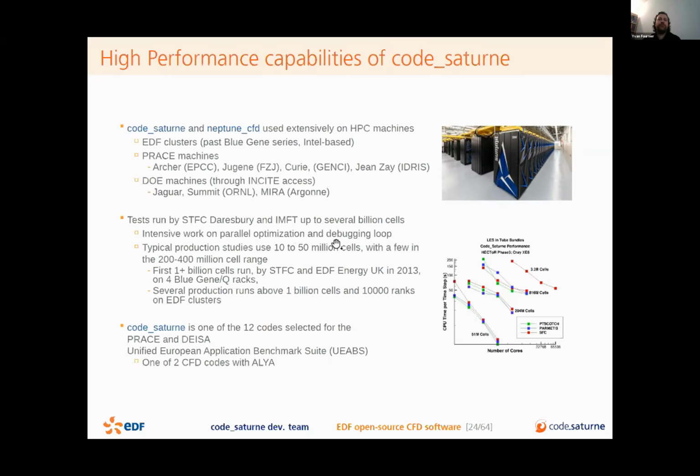But a lot of work with STFC over the last several years to go to the high, large meshing sizes. A lot of work mainly on the checking and debugging at scale of the code. So basically, that's in that sort of collaboration that we first were able to reach 1 billion cells, and now